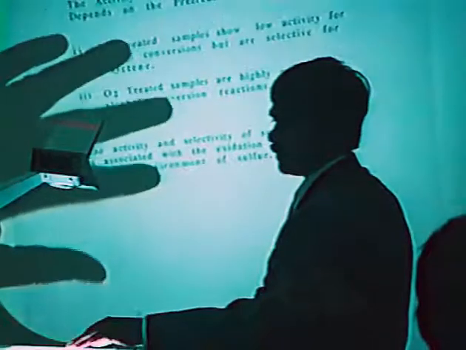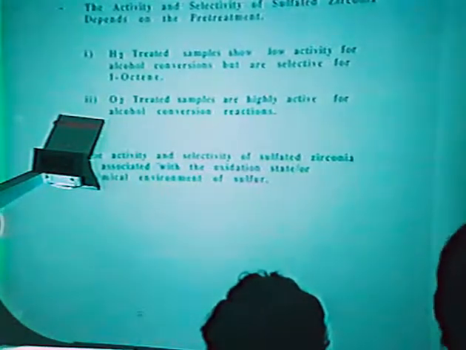So to conclude, the BET surface area of the sulfated zirconia samples depends on the concentration of sulfuric acid in solution. And the activity and selectivity of sulfated zirconia depends on the pretreatment. Hydrogen treated samples show low activity for alcohol conversions, but are selective for 1-octene. Oxygen treated samples are highly active for alcohol conversion reactions. And finally, the activity and selectivity of sulfated zirconia is associated with the oxidation state or chemical